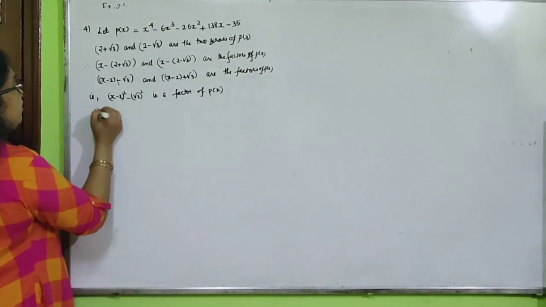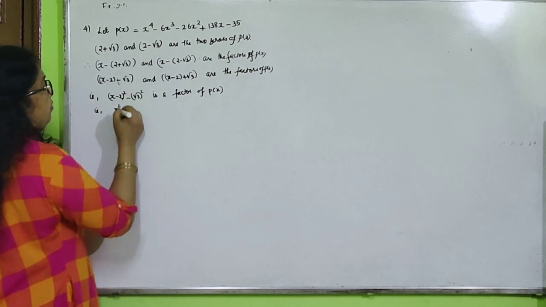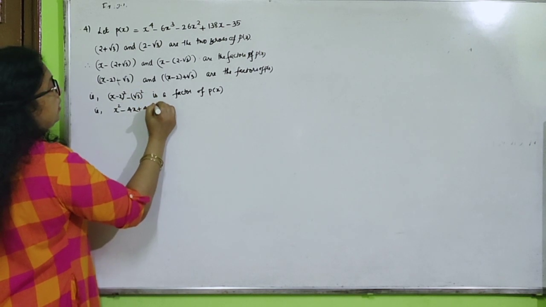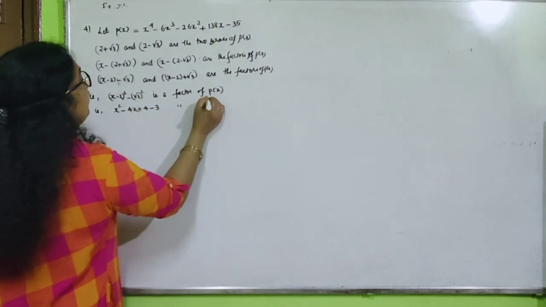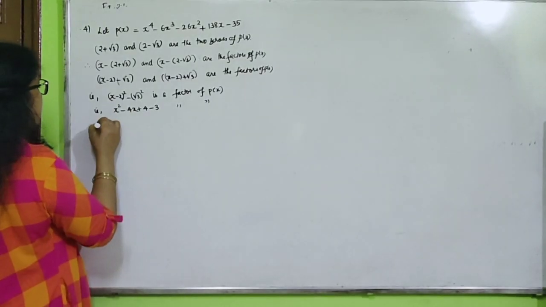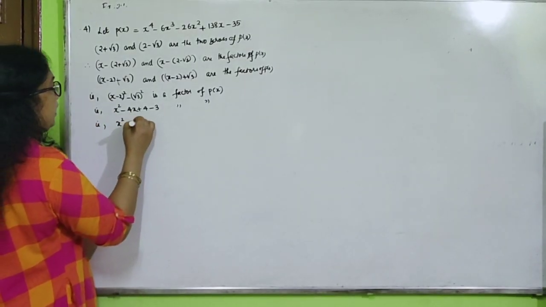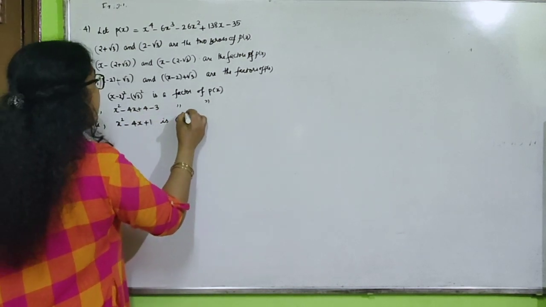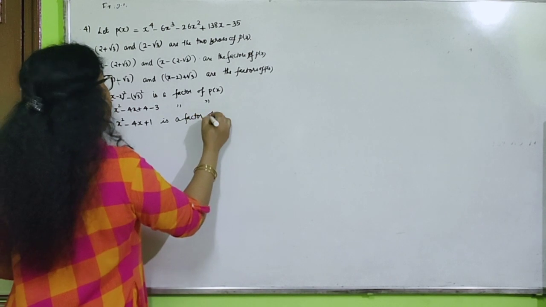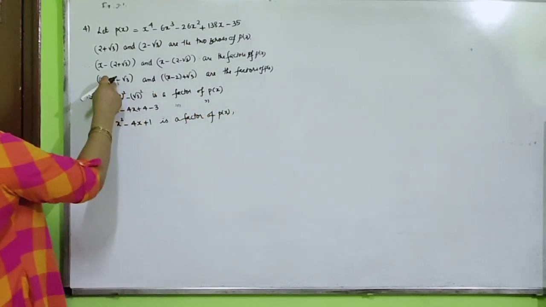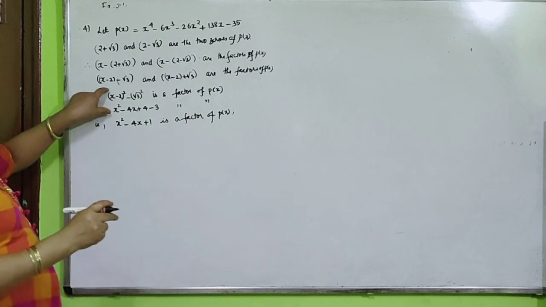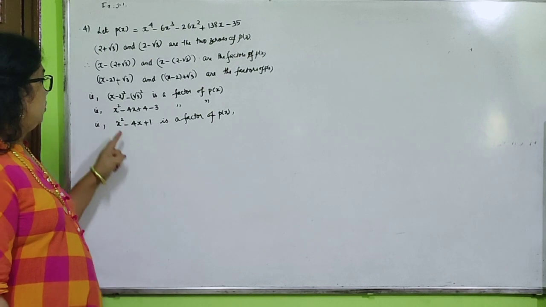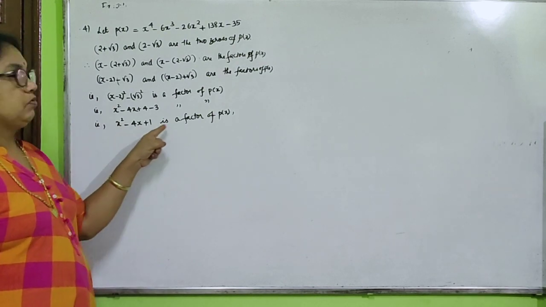That is the (a minus b) whole square form. So x square minus 4x plus 4, minus root 3 square, that is 3, is a factor of p of x, right? Now simplification: we get x square minus 4x plus 4 minus 3, that is 1, is a factor of p of x. After this you can directly write these terms; in the margin you have to show the multiplication. I am showing it here only. So we got x square minus 4x plus 1 is a factor.